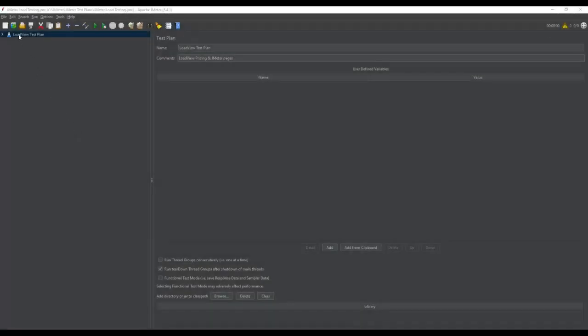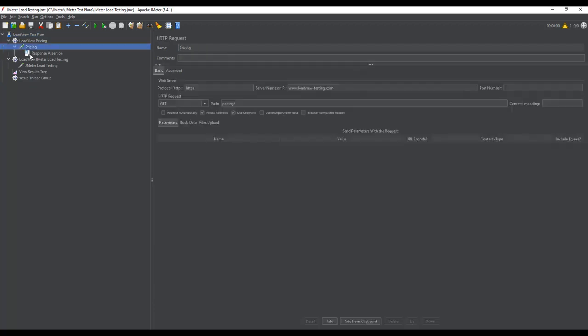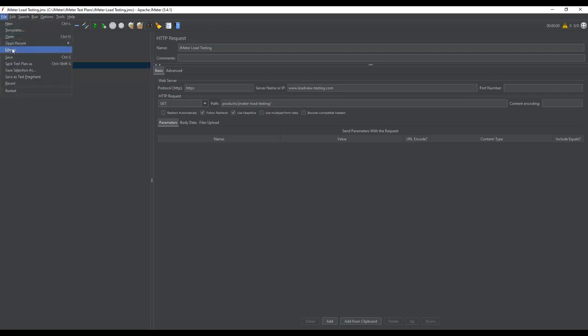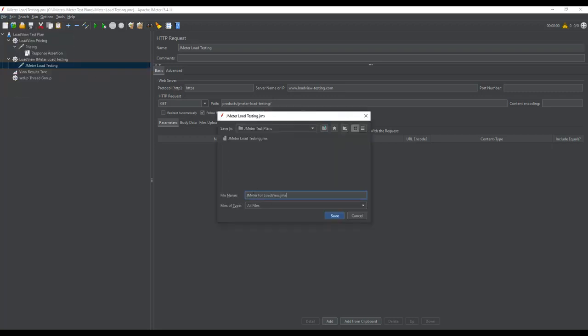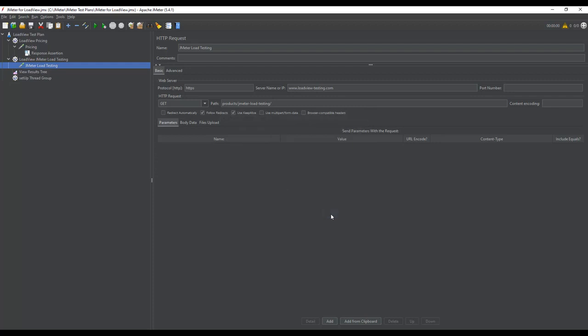Okay, let's take a look at how it works in real life. I'll start with the JMeter interface. Here I have a test plan that includes 2 HTTP requests to the LoadView website. To import my plan to LoadView, I will save it. Alright, now that I have my JMeter test plan saved, I can move on and use it to configure a